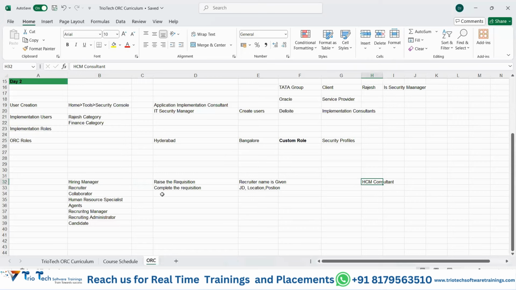Now, what will the hiring manager do? He will only give the position name and the headcount that he needs for that particular job opening. And the department, if he has the information, he can provide that, or else he can simply raise the requisition by providing the position name and the headcount that he is looking for. All the other details such as job description, location, position, all the details will be given by the recruiter in